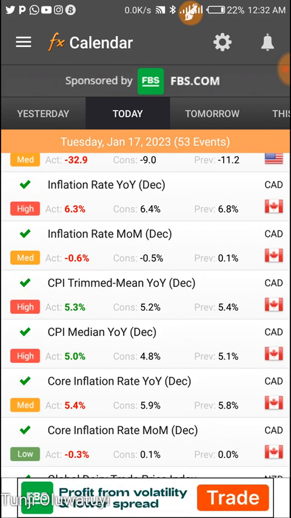If you're not using fundamentals such as this economic news to make your own trading decision, please, anytime there's going to be high impact news like NFP, like FOMC, like CPI, always stay out of the market,